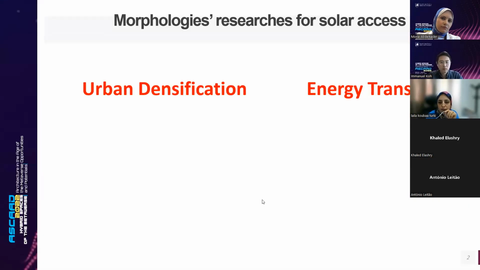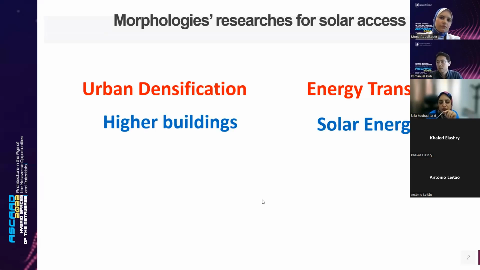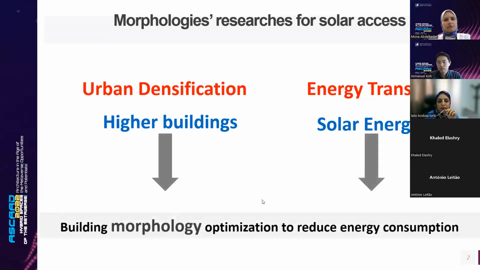In the current context of urban densification and the energy transition of the building, it's obvious to integrate solar energy into architectural and urban design. Energy saving in architecture has been a major challenge since the oil crisis of the 70s. And optimizing the morphology of buildings is a lever to reduce energy consumption, in particular by ensuring solar access to